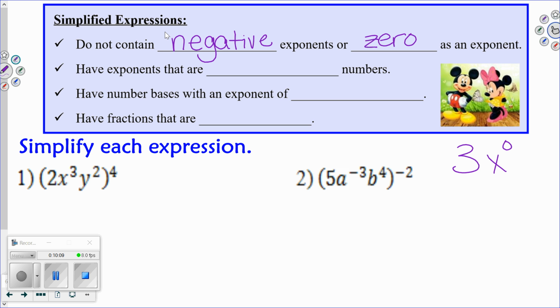Do you see parentheses? No. Exponents is one thing we'll talk about quite a bit. Exponents are only whatever they're next to. That's the only thing they go to. So right now, this 0 is only on the x. What's the exponent on the 3? That has a 1 on it. Okay? So by me saying that anything to the 0 power equals 1, this entire thing becomes a 1,